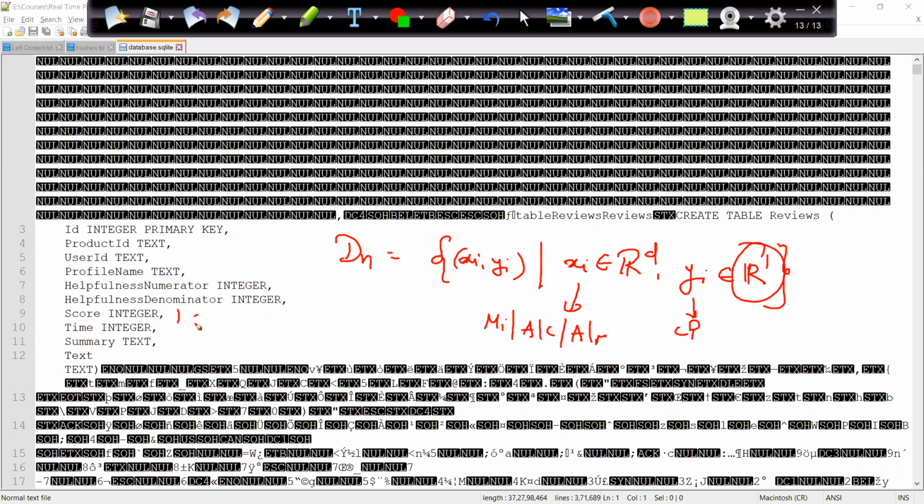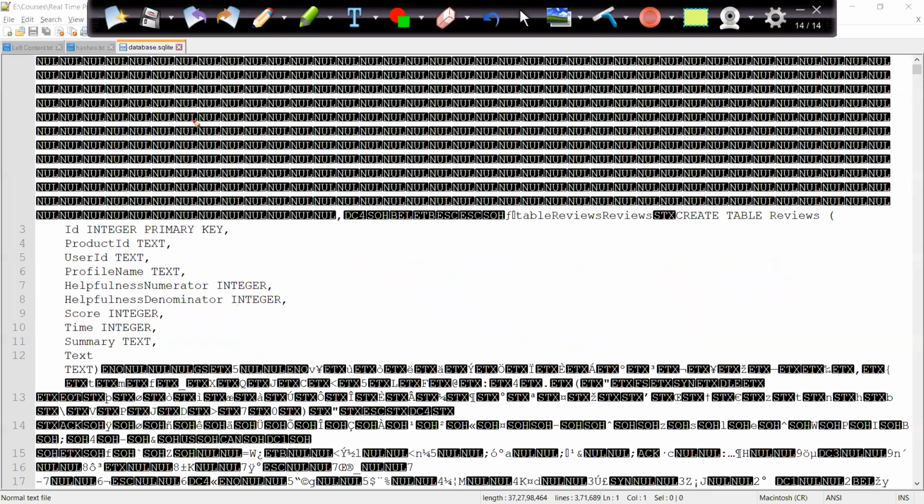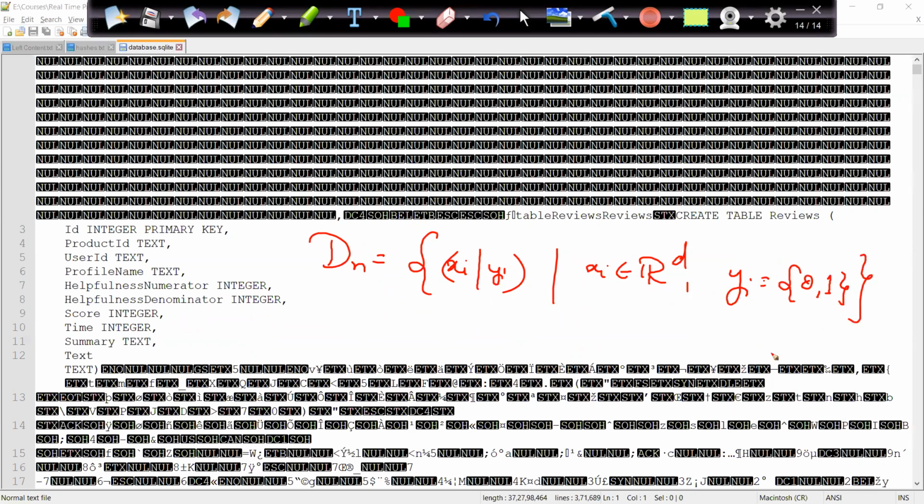In this scenario, I have the score 1, 2, 4, 5, and this can very well be solved as a regression problem, where I am predicting the real valued number, that is score. But I don't want that. What I'm thinking of, let's go with the data set where I have xi's and yi such that xi belongs to real valued numbers and my yi will be 0 and 1, where 0 is my negative review and 1 is my positive review. Right, so that is the whole idea we are thinking of. It's a typical classification problem where I'm classifying the product.